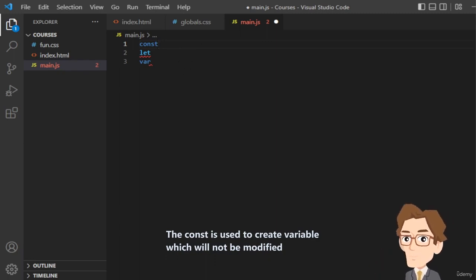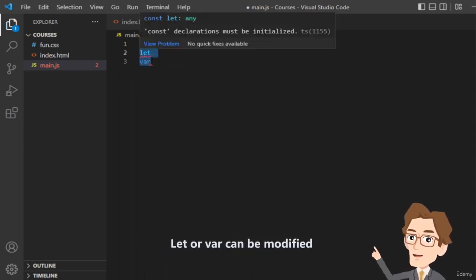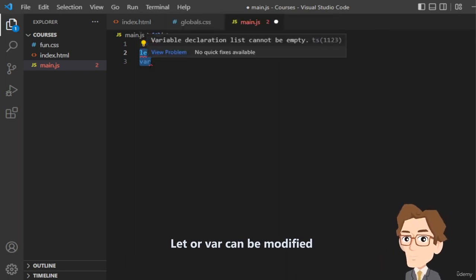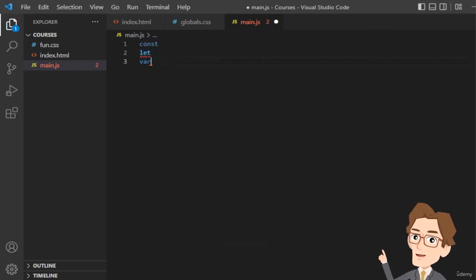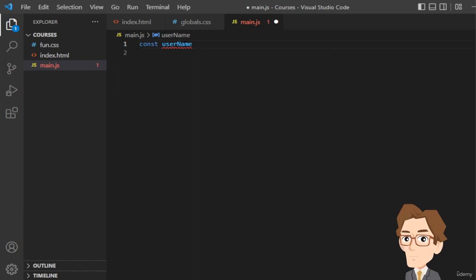But if you intend to change the variable at some point, then you are compelled to use the let or the var. The let and the var are all the same. They all serve the same purpose. So if I simply delete this, let's use the const to create a username variable. Then we set it equal to